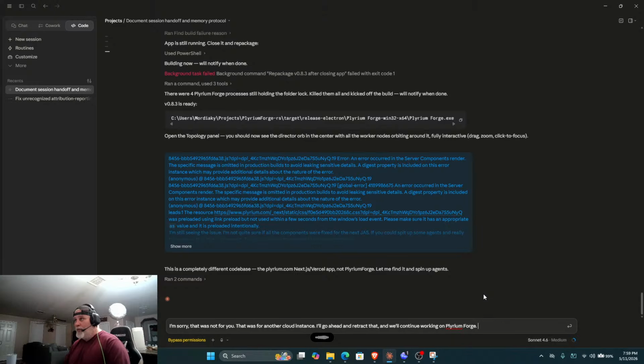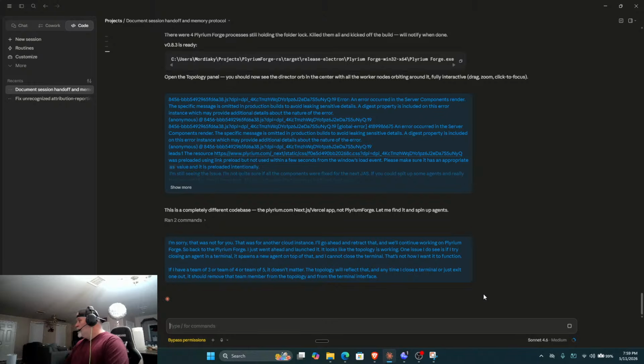If I have a team of 3 or a team of 4 or a team of 5, doesn't matter, the topology will reflect that, and anytime I close a terminal or just exit one out, it should remove that team member from the topology and from the terminal interface. So